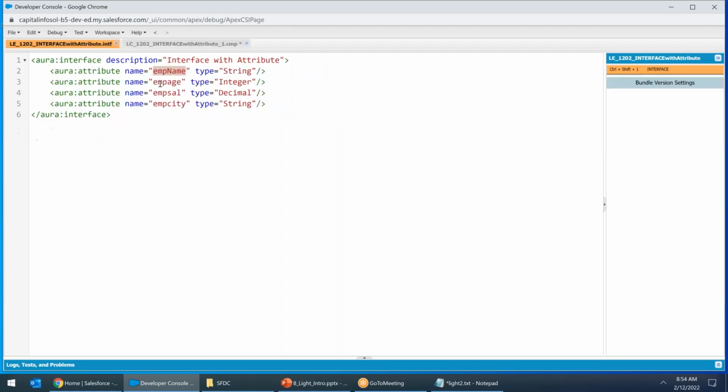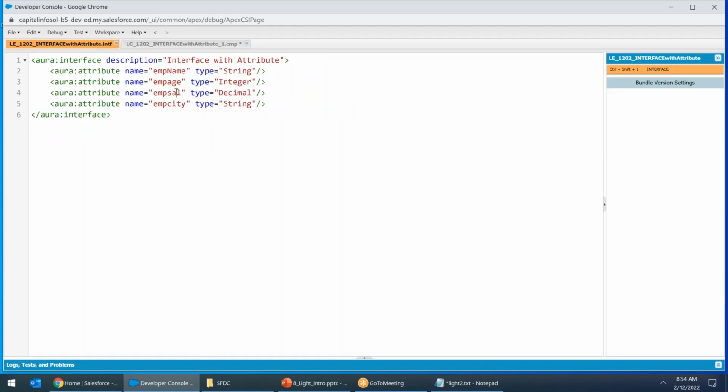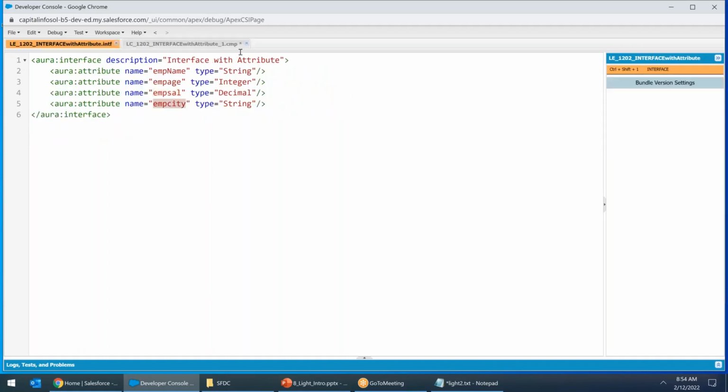Whenever somebody enters the age, it has to go to employee age. Whenever somebody enters the salary, I come to the component, salary. Whenever somebody wants to enter the city,